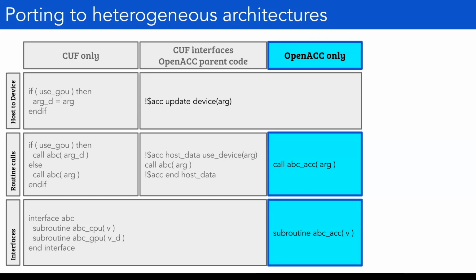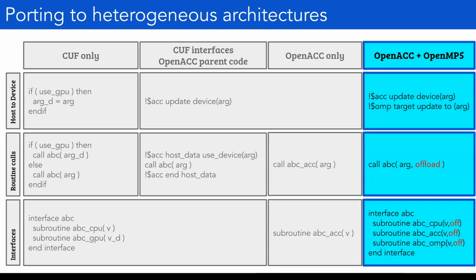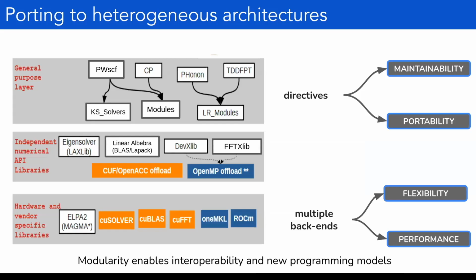And this is quite comfortable for us, because it reduces the maintainability burden. And now we have OpenMP 5 that works in a conceptually similar way as OpenACC. So we have similar directives that manage different types of offload. So the final shape of the suite, the current state of the suite, is that we have